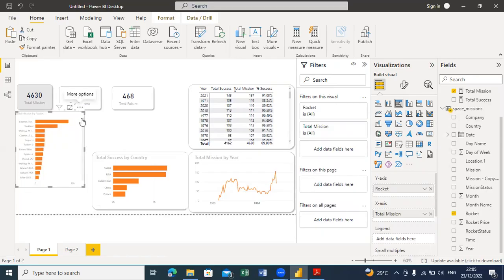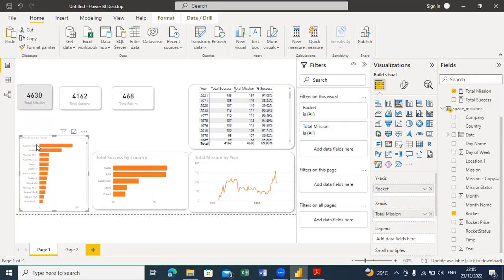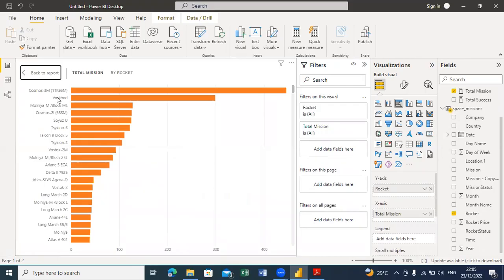So these are all the rockets used. These are all the rockets. But which rocket is used the most? Let me expand this. Which one? Cosmos. Cosmos 3 was used the most. It was used for 446 times. Total mission for Cosmos is 446, followed by Forge